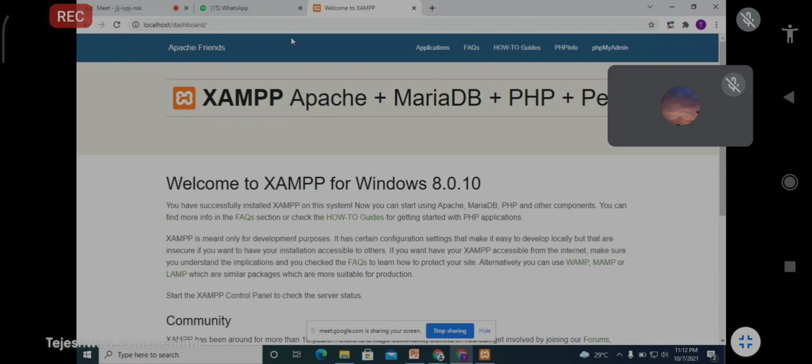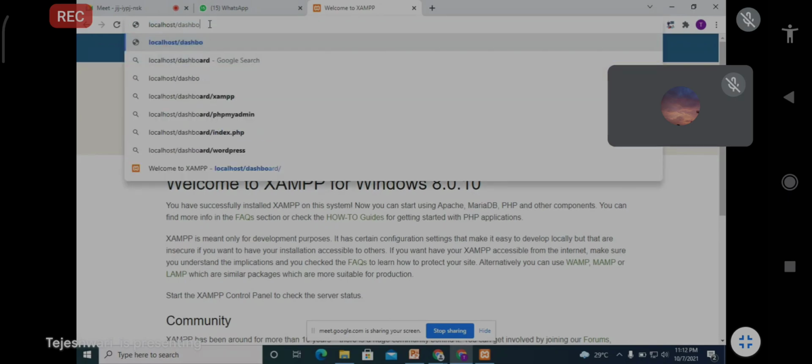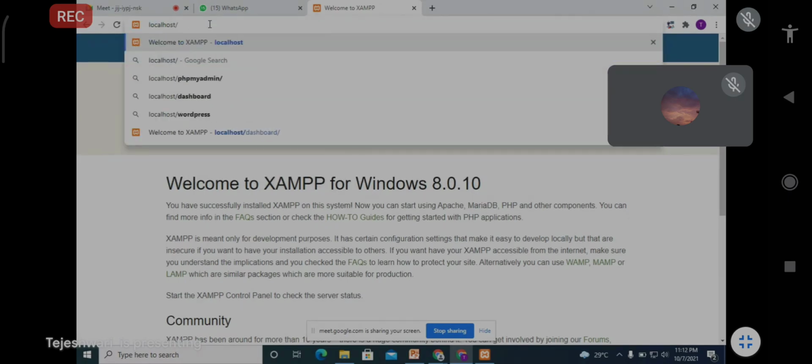When you get this localhost dashboard, you still can't directly execute the code. You have to write your project, where you store all the files.